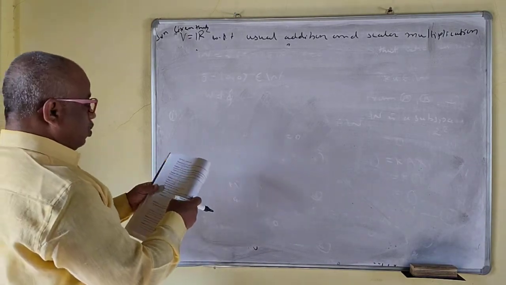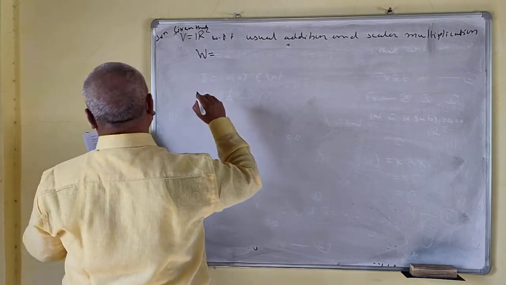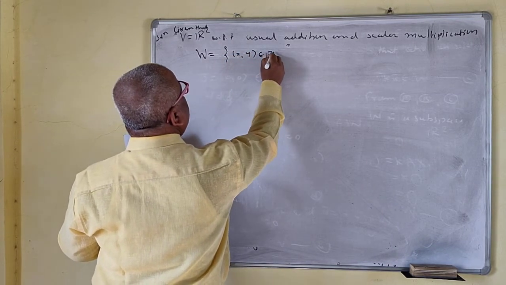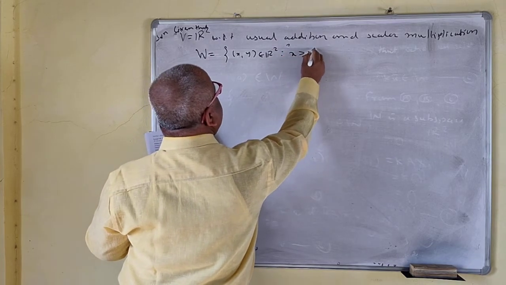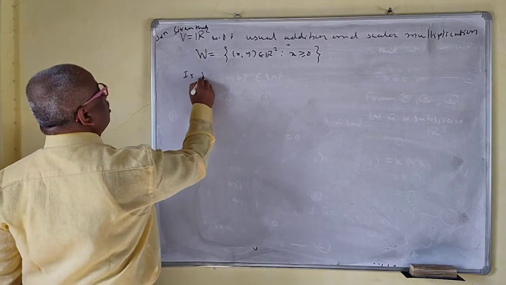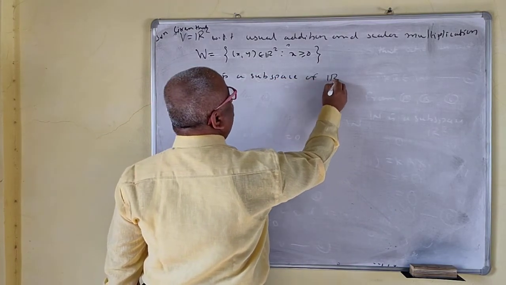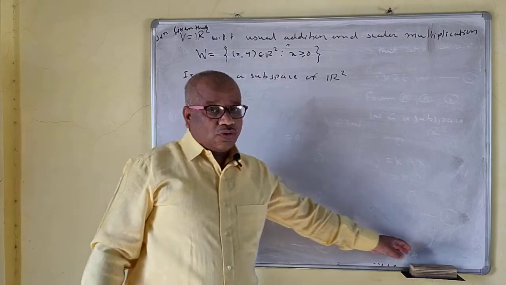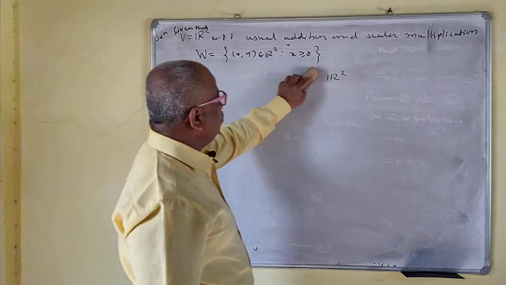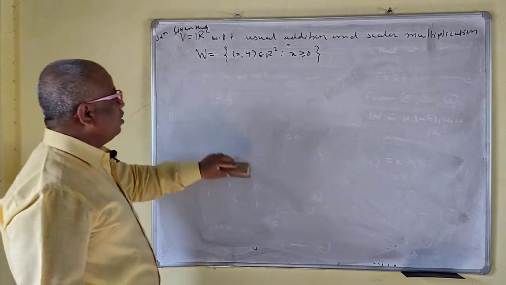Let V is equal to R2 with usual addition and scalar multiplication. Okay. So now, next example, W is equal to (x, y) belong to R2 such that x is greater than or equal to 0. W is a subspace of R2 or V. Okay. So we have to determine whether it is a subspace or not. Solution, given that V is equal to R2 is a vector space with respect to usual addition and scalar multiplication, W is this.